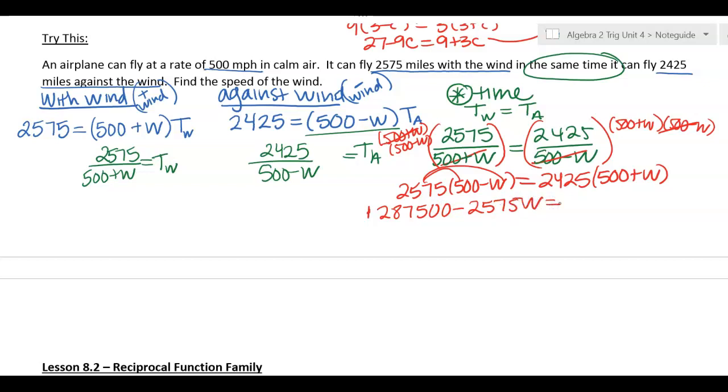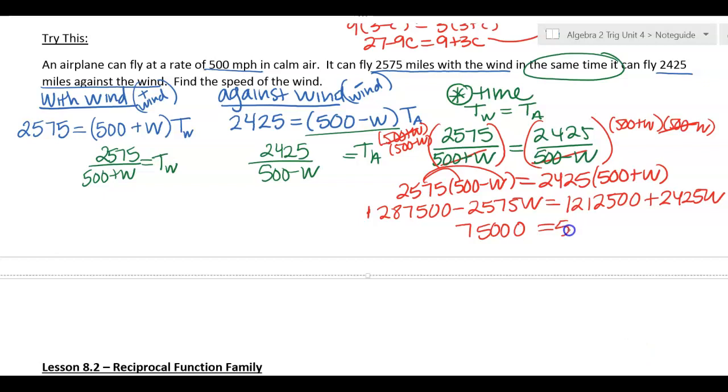And 2,425 multiplied by 500 gives me 1,212,500. And then when I move things around here, so I'm going to move the whole numbers by canceling out some of them to one side, and then the ones with W on the other side, I will have 75,000 is equal to 5,000 W. And then when I divide both of those by 5,000,